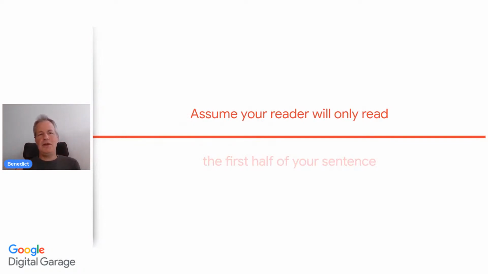So we'll read through very briefly, and this brings up the next thing here. Assume your reader will only read the first half of your sentence. The whole point is we only read the first half because we're speed reading through this thing. We just pick up the little bits. So imagine they only watch the first 2 to 3 seconds. Remember that first half, will they be engaged immediately? Will they be intrigued enough to carry on?